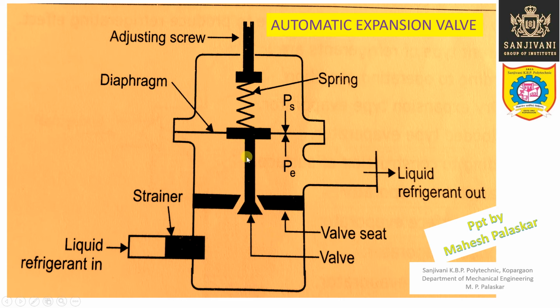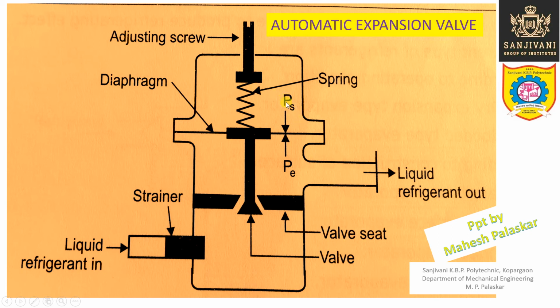When this valve moves in the upward direction, the restriction will be increased, or the opening will be decreased. Now this is the valve stem, and you can see that this valve stem is connected to a diaphragm, which is a flexible thin sheet. Connected to this diaphragm and valve stem is a spring and the adjusting screw. The spring exerts some pressure on this diaphragm and valve stem in the downward direction, and whatever force is exerted by the spring can be adjusted by rotating this particular screw.